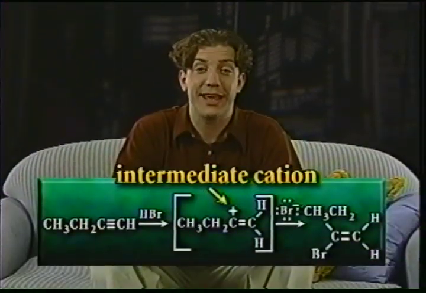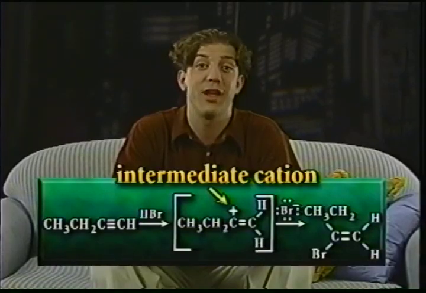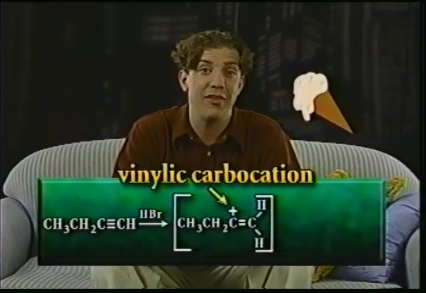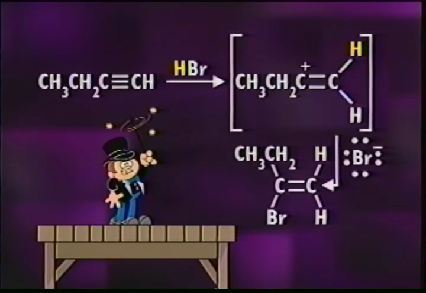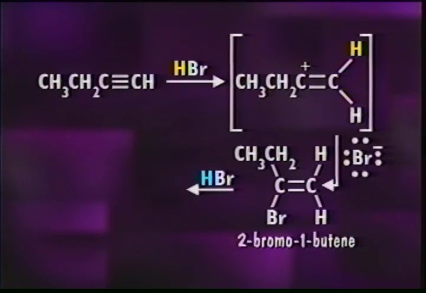This intermediate cation is almost like the carbocations we saw earlier, except that it's on a double bond. We call this carbocation a vinylic carbocation. The bromide anion from the dissociated halo acid adds at the carbocation at carbon 2. At this stage, we have the alkene 2-bromo-1-butene. We could stop here, but there's plenty more hydrogen bromide to go around, and a juicy-looking double bond right here